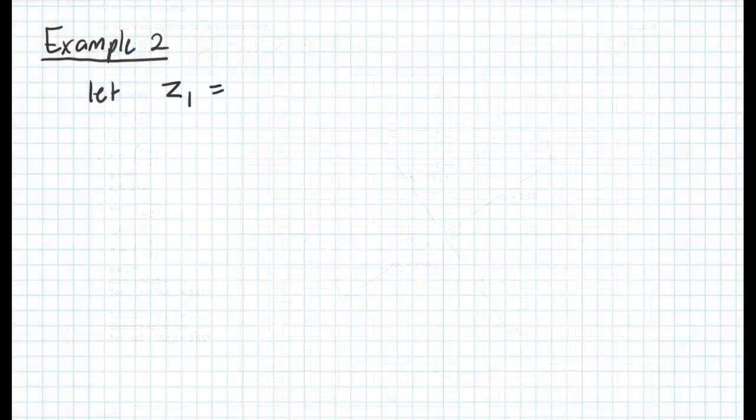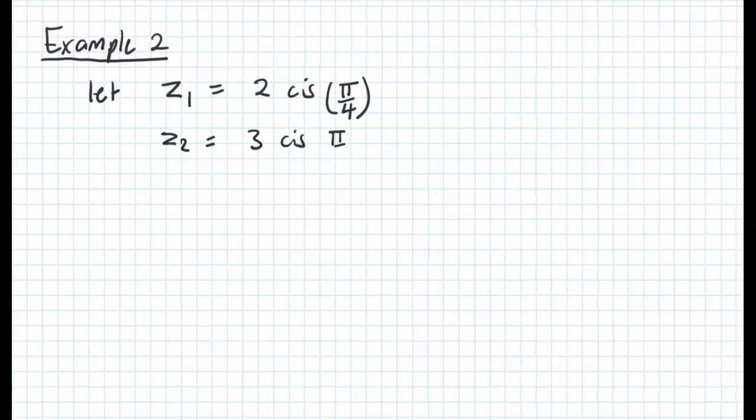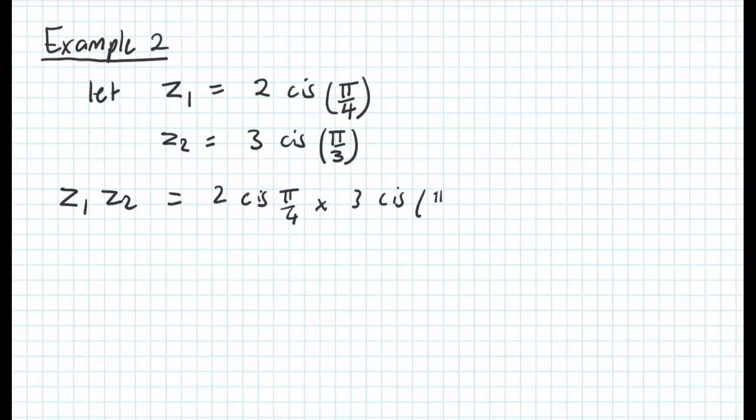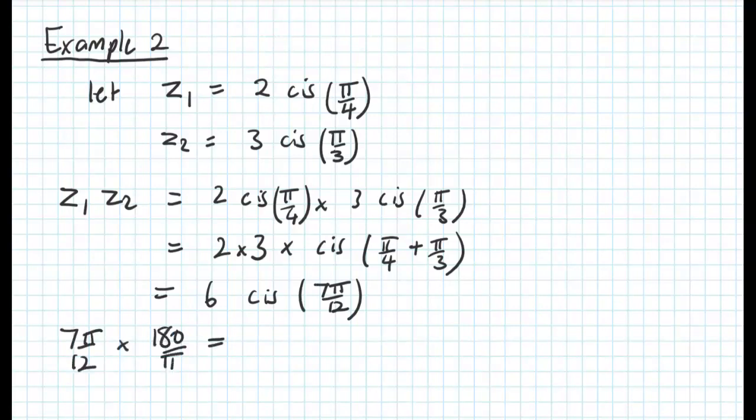We now look at a second example of multiplication, this time looking at multiplying two numbers in polar form. So if we multiply z1 by z2, then we note we group the moduli together, and then we use our rule which allows us to add the two arguments together. We get a result of 6 cis 7 pi on 2. Converting that into degrees, we notice that should be equivalent to